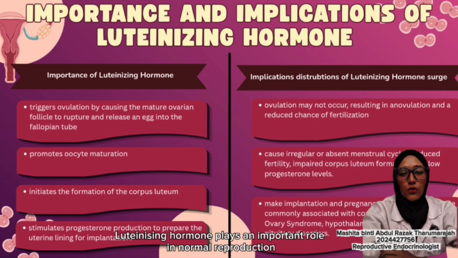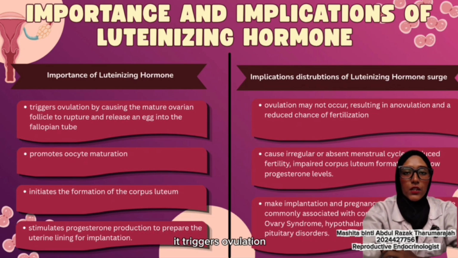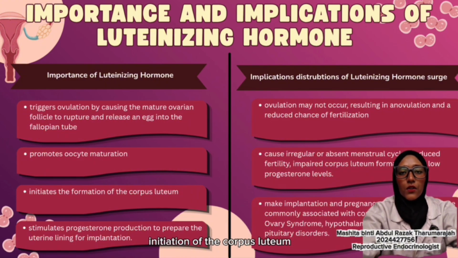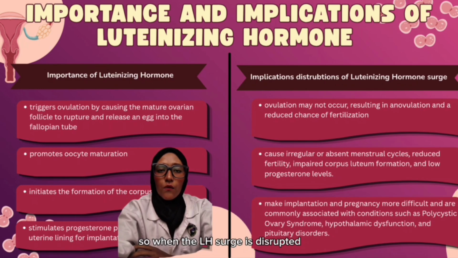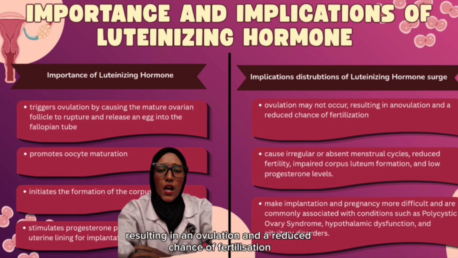LH plays an important role in normal reproduction. It triggers ovulation by causing the mature ovarian follicles to rupture and release an egg into the fallopian tube. It also promotes oocyte maturation, initiates the formation of the corpus luteum, and stimulates progesterone production to prepare the uterine lining for implantation. So when the LH is disrupted, ovulation may not occur, resulting in anovulation and a reduced chance